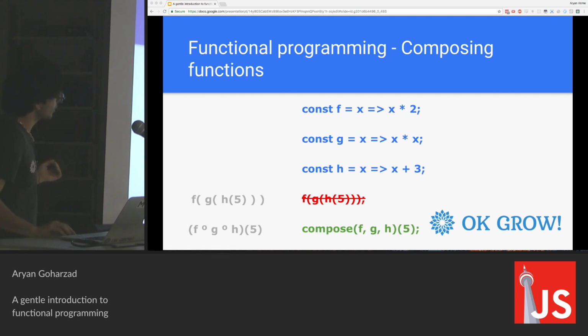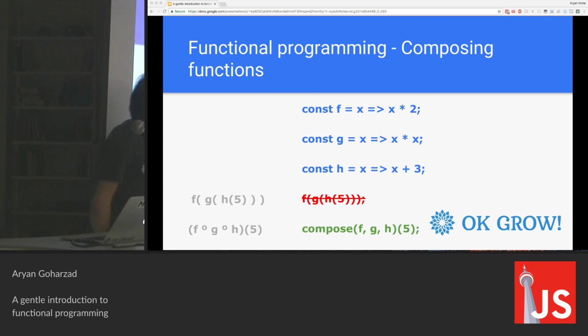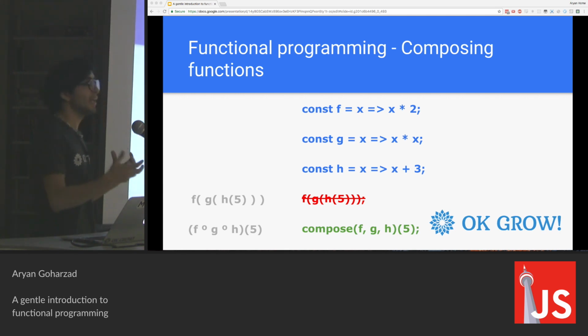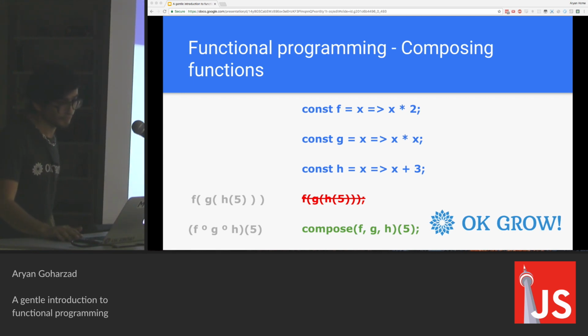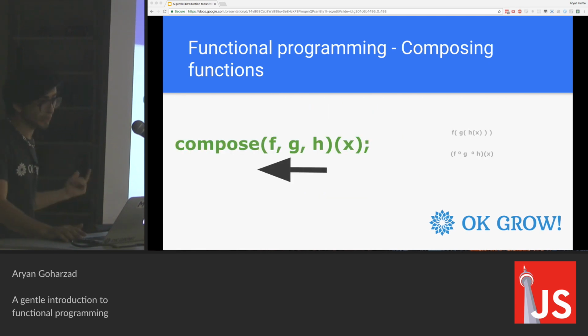So the same thing applies in JavaScript. You probably already know you can do that. But instead of that, you can use the compose function, which gives you back another function that is a composition of all those 3. And then you can apply that on your input value. So one thing to remember about compose is that it's read right to left. So similar to the math format, this first calculates h of x and then g of x. I mean, h of x passes the value to g and then passes that value to f.